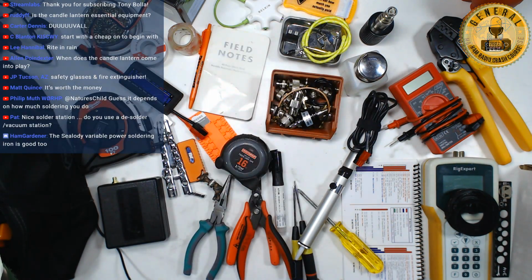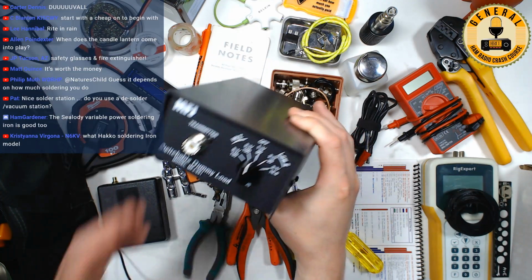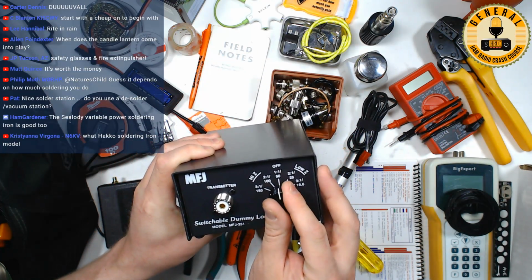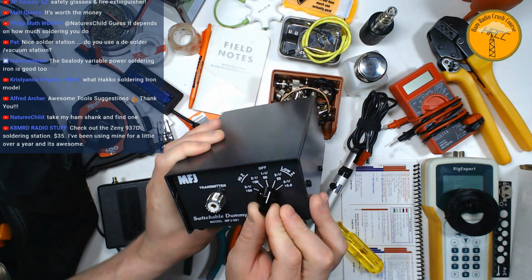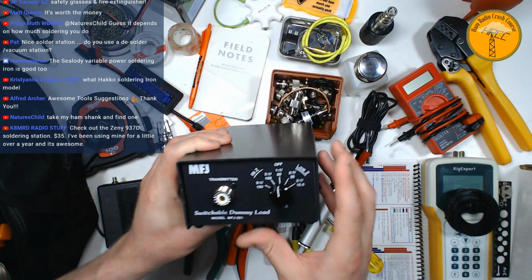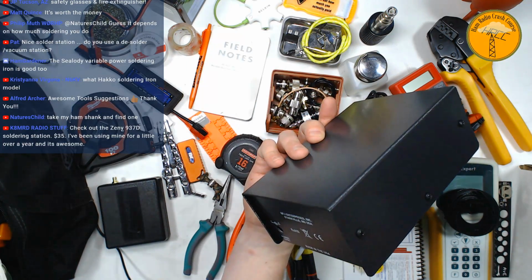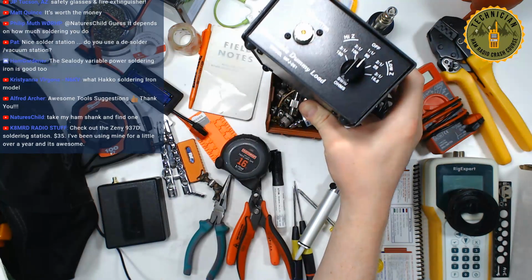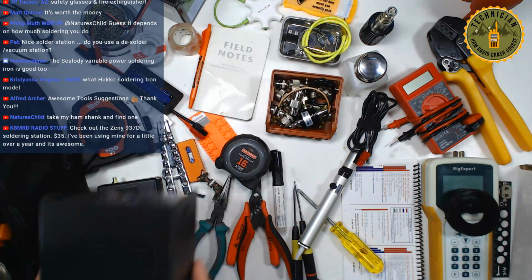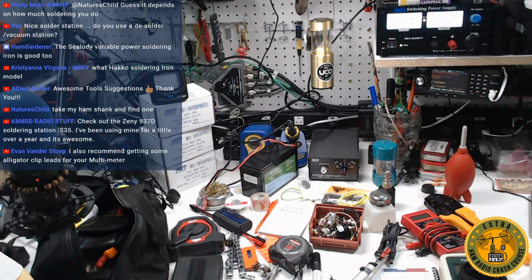This is an adjustable, switchable dummy load that MFJ makes. It has a 50 ohm impedance, and then it has a high Z 2-to-1, 3-to-1, and a low Z 2-to-1, 3-to-1. But this will take, I think, 600 watts or more. It might be legal limit. I forget. But why I use this, and I have it disconnected because I was testing another antenna, but hopefully I can show you this without it being...